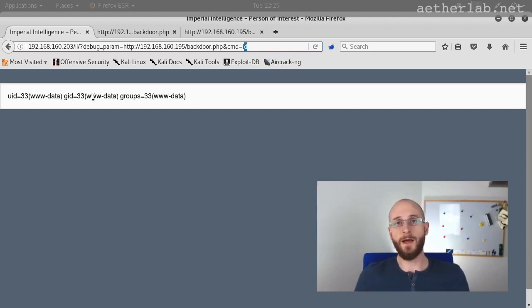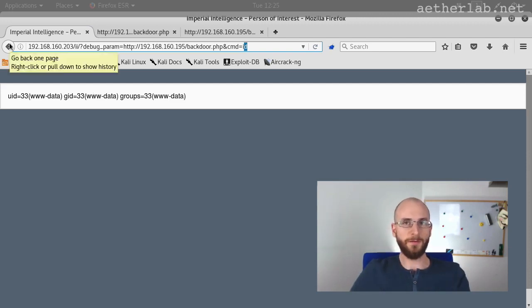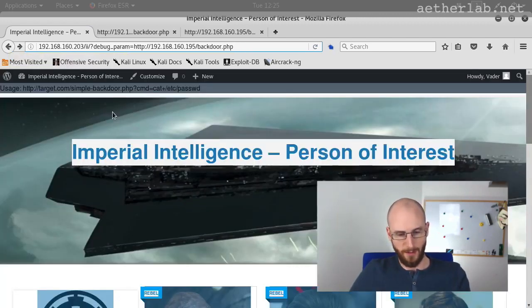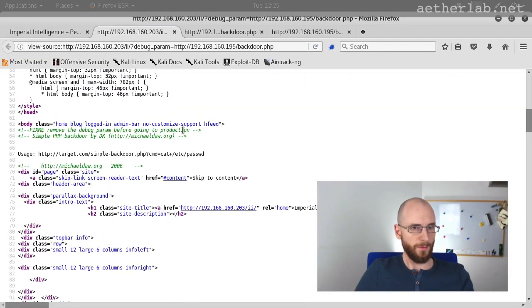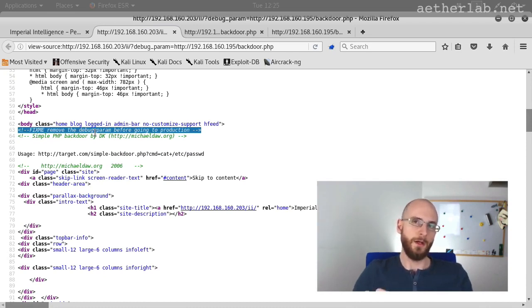As an exercise, I recommend you to check the source code of the person of interest and try to find the vulnerable part. A good starting point would be to search for this comment in the source code, and wherever this comment is, you will find the vulnerable code. So look at it, try to understand how it really worked,